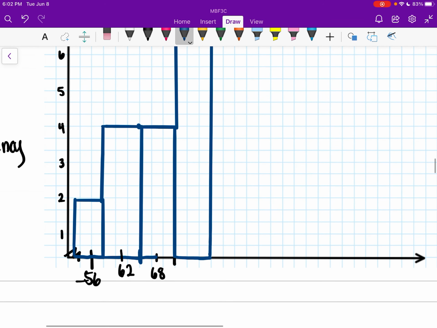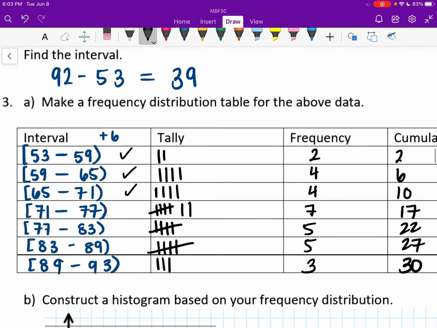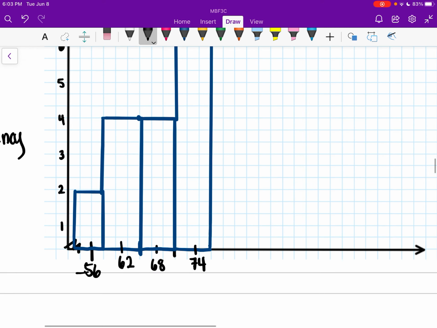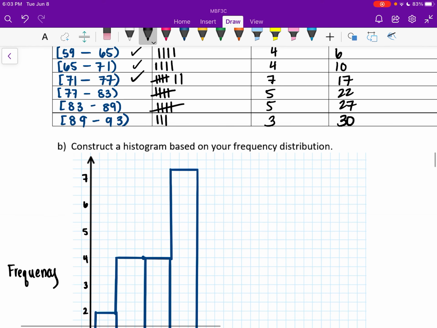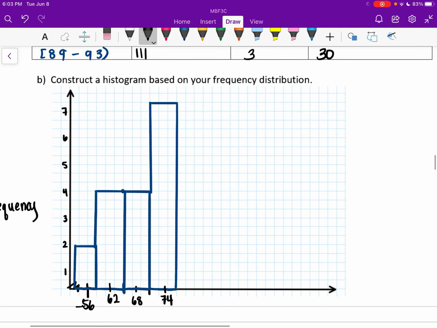Right, and then naturally I want to put in my 68 plus 6, right? For my new interval, the middle of my new interval is 74, which makes sense because the middle of 71 and 77 is going to be 74, right? Moving forward, let's go on to 77 and 83. That goes up to 5. Again, 3 over, so I'm just going to go here, draw a line up to 5,